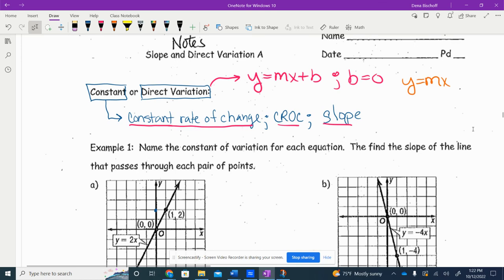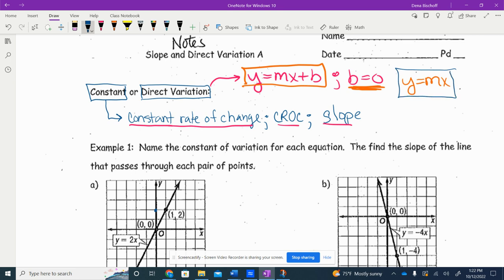So constant is the same thing as constant rate of change or slope. I would make sure I write this down. And direct variation is a linear equation, just like we've been working with, y equals mx plus b. The only difference is that b equals 0. So for direct variation, we write our equations like this, and that means that the graph,